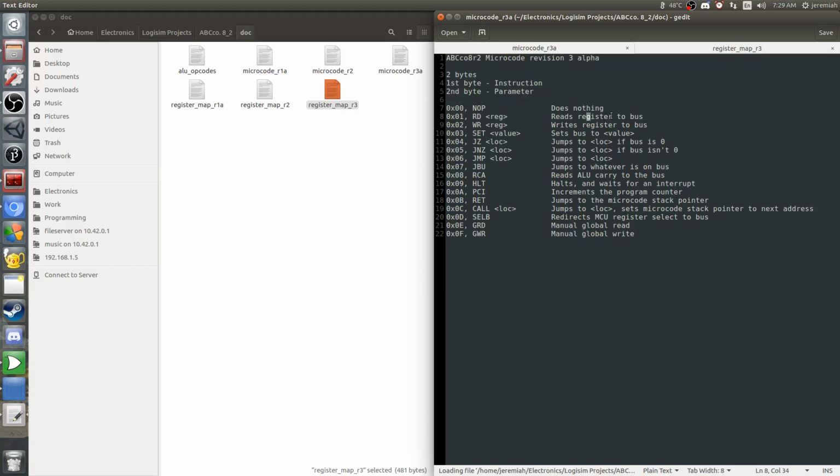This is an instruction set consisting of NOP, no operation; read a register to the bus; write to a register from the bus; set, which sets the bus to a value. JZ jumps if the bus is 0, JNZ jumps if it's not 0, JMP jumps to a location regardless, JBU jumps to whatever's on the bus, RCA reads the ALU carry to the bus, HLT halts and waits for an interrupt, PCI increments the program counter,